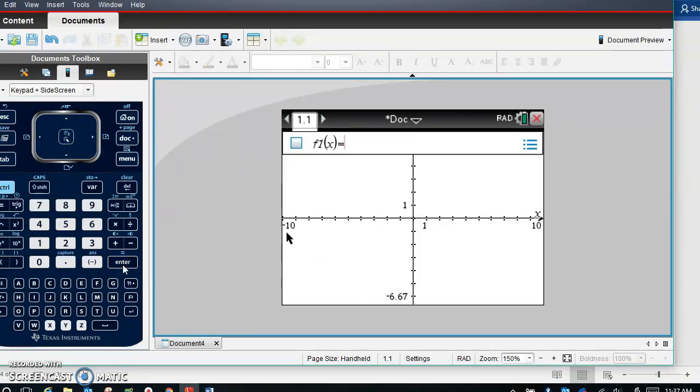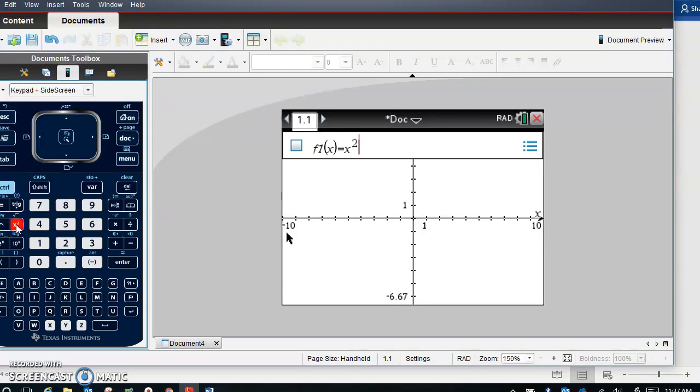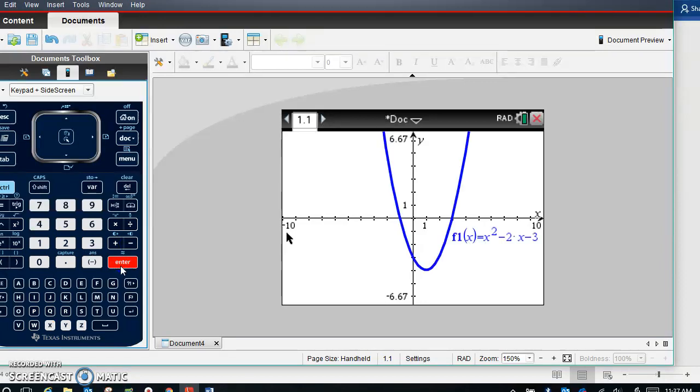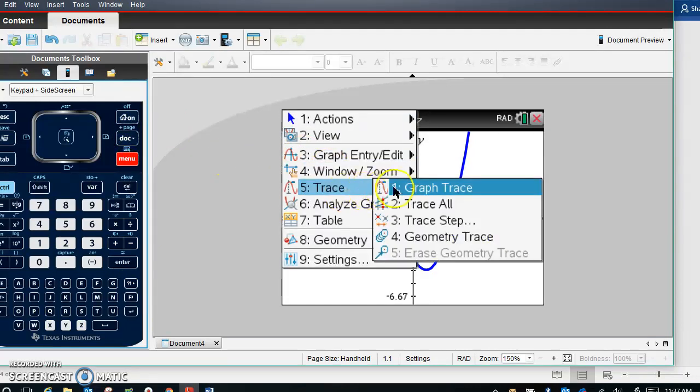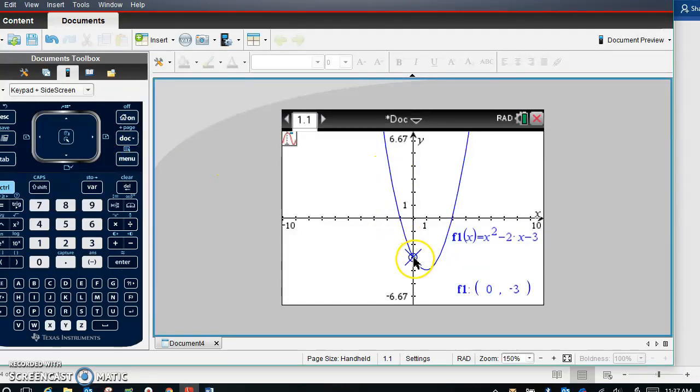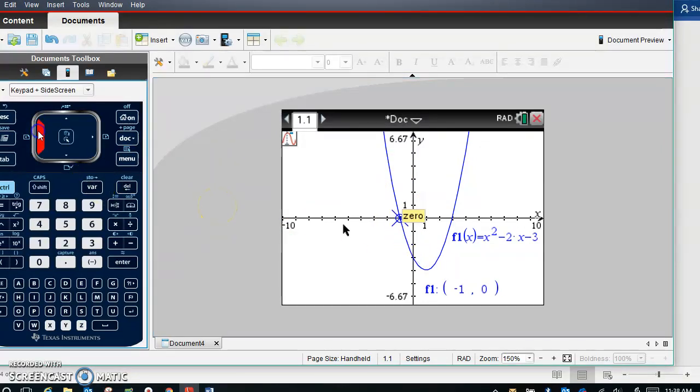There we go. So our function is x squared minus 2x minus 3. Enter, and there's our function right there. Okay, so I'm going to go over and graph this the best that I can here. And if you click menu, you can trace the graph to see different points on it. I'm going to arrow this to the right. And one of the points we wanted